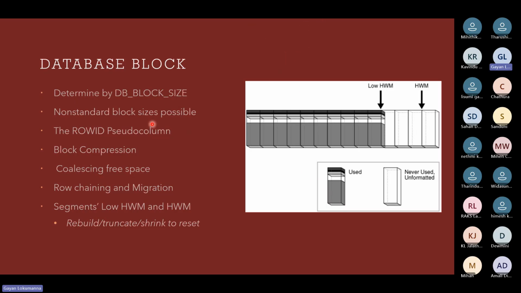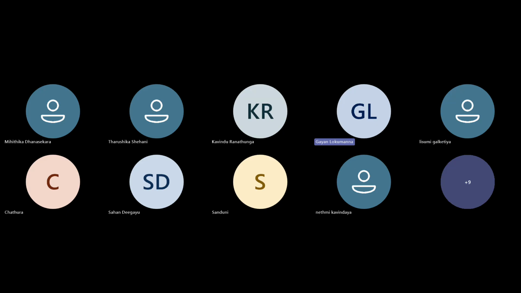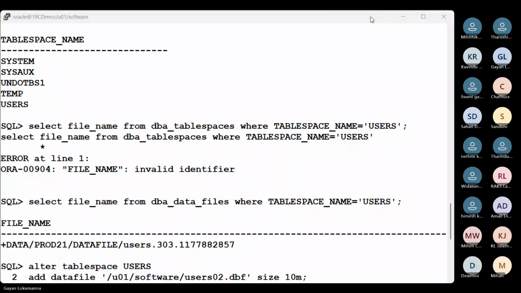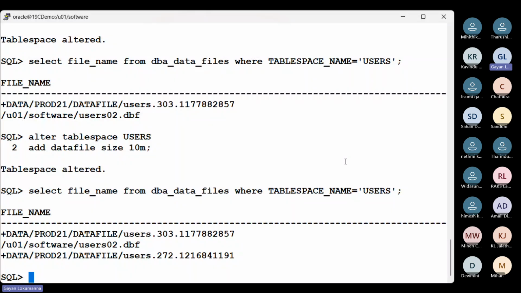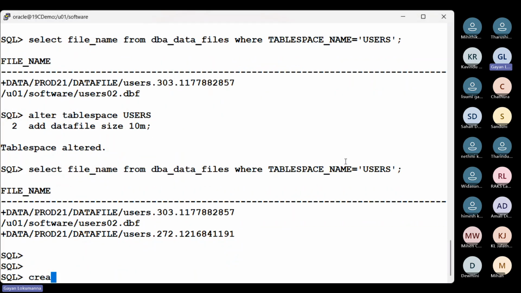So what I would do, before talking about the database block, let me stop sharing this one once again and take you to my screen. Not to my screen, but to my PuTTY window. Yeah, it's here. So let me just show you how we can create a tablespace with those properties. Okay. So I create tablespace. This time we'll create